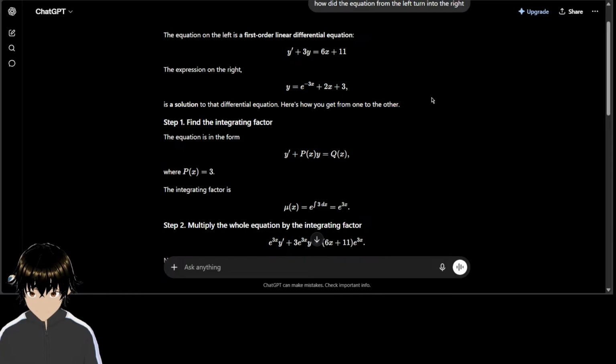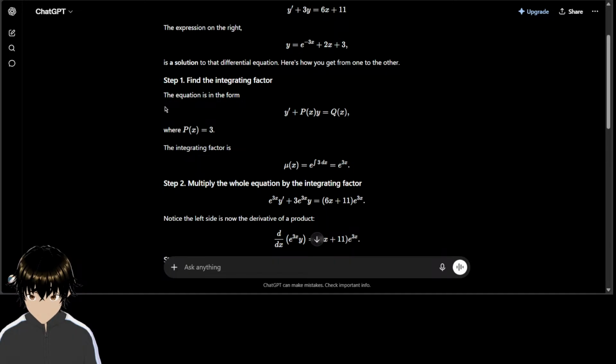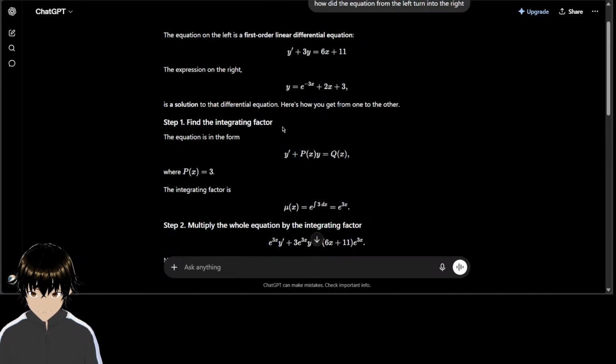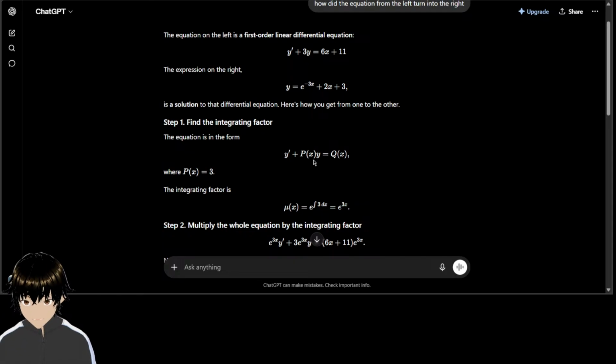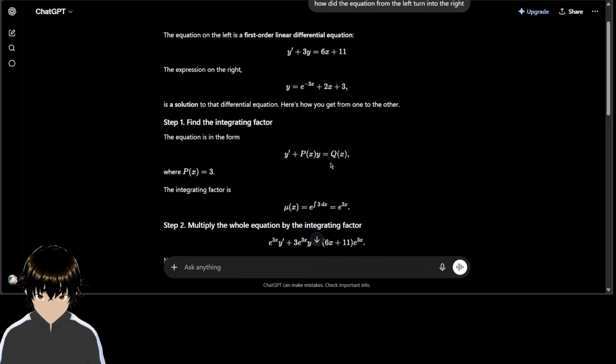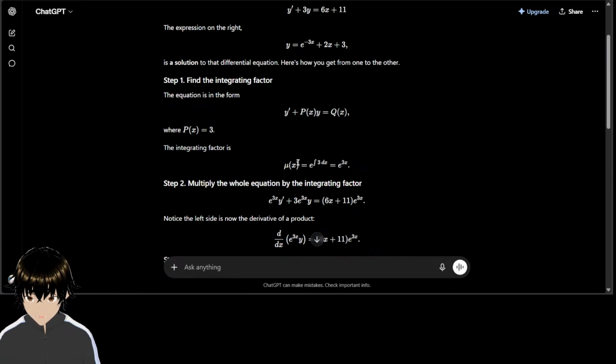This is a differential equation. So how do we get from one to the other? Find the integrating factor. The equation is in the form y prime plus p of x times y, where p of x is 3. I see. Integrating factor is